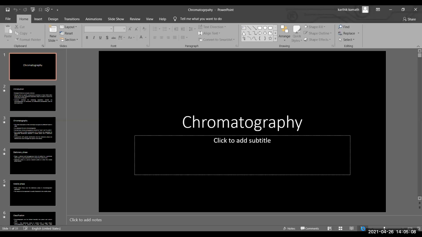So today's topic is regarding chromatography. As the name suggests, chromato stands for color. What does graphy mean? It's a representation, okay? A graph. How this color can be used to identify different types of molecules present